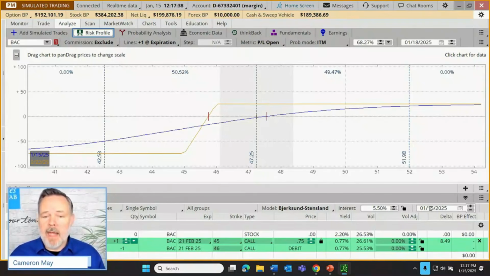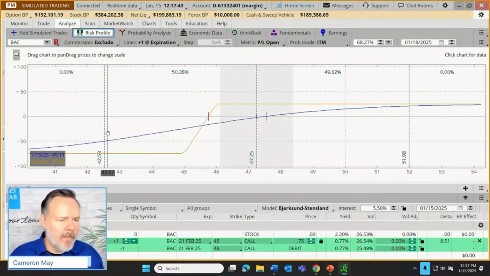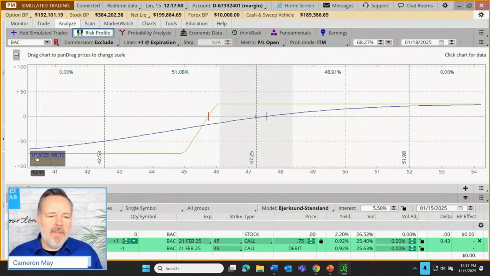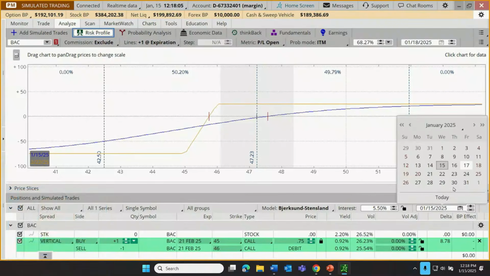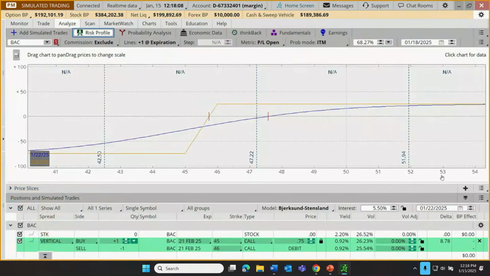So now to go to a portion of Bob's suggestion. Bob, I'll get to the other one. I think it was Bob. Yeah, Bob says we might adjust these dates. Let's come down here to where it says January 15th. That determines the date here. And if we start to change that date, what it changes is the profit and loss projections for future dates. So let's say instead of being January 15th, let's push this out to a week from now. Let's change this to January 22nd. And our blue line has changed very subtly.